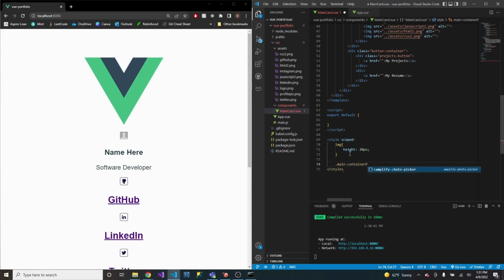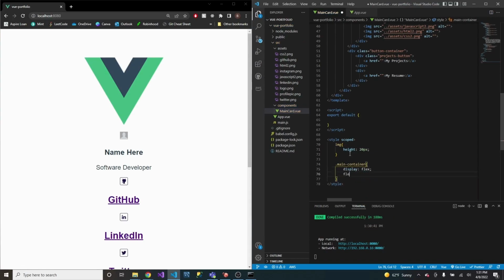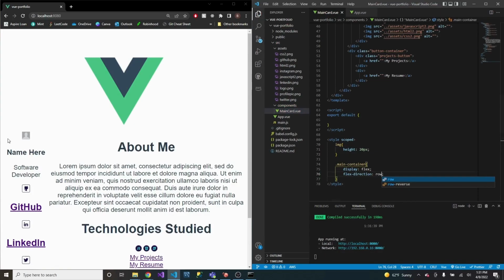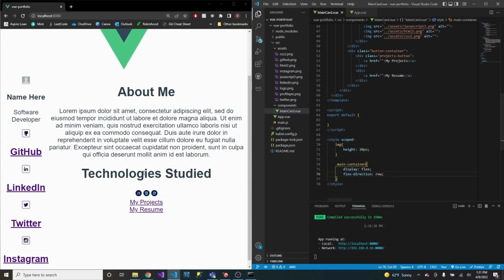and let's give this display flex, which is what I'm going to be using for this project. And then your flex direction, this is going to decide the direction in which the child components are rendered. So let's go with a flex direction of row. So this should put everything side by side like so. That's 2 lines of CSS here, and it's already completely changed everything. So within our main container, we now have both of our inner divs loading side by side,